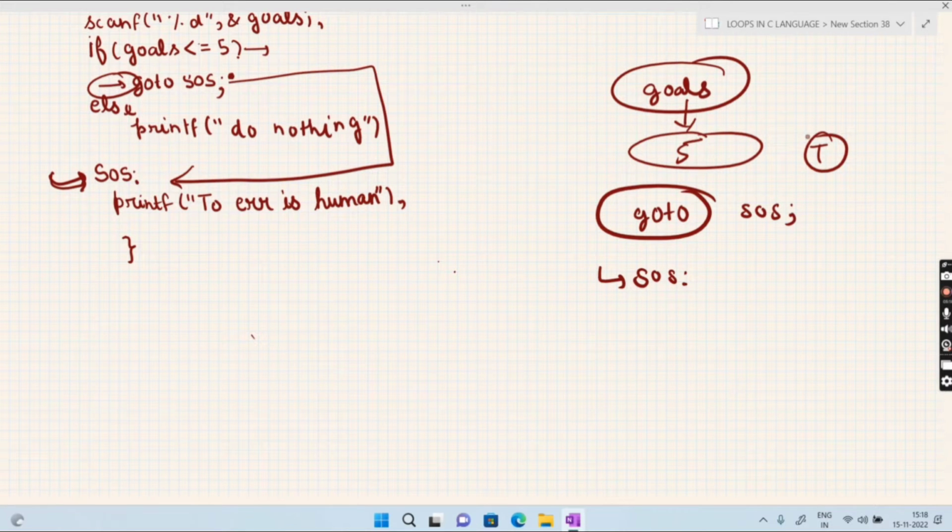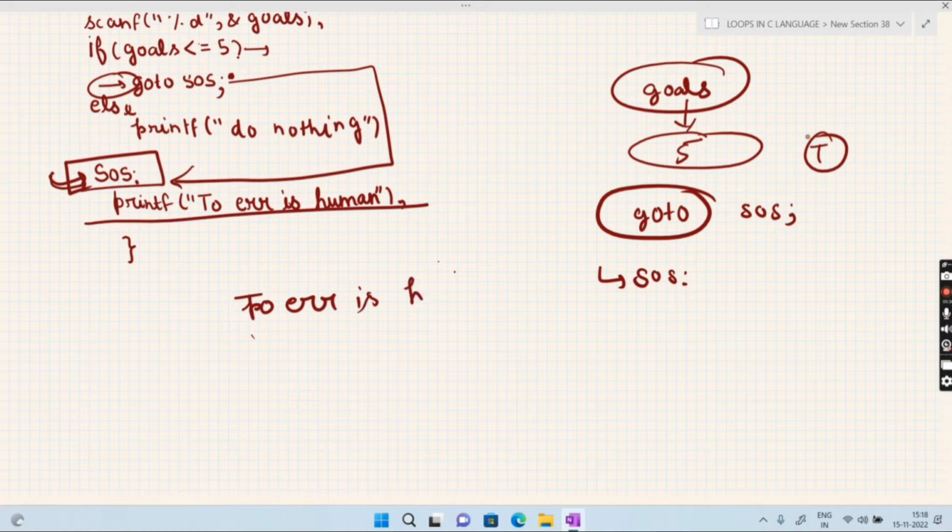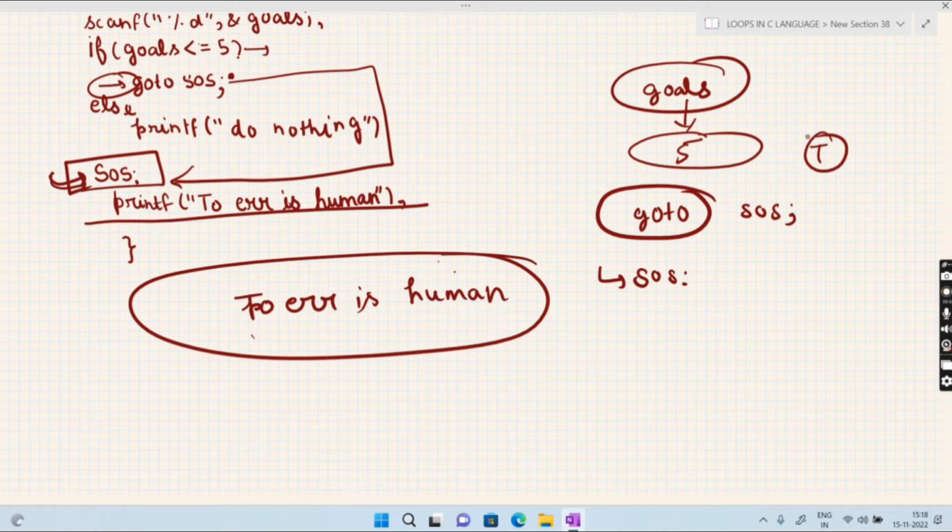When we come to this SOS statement where we actually declared it, it will print "to err is human". So this will print in your program. So the goto statement basically moves execution from one point to another point. That's the basic structure of the goto statement.